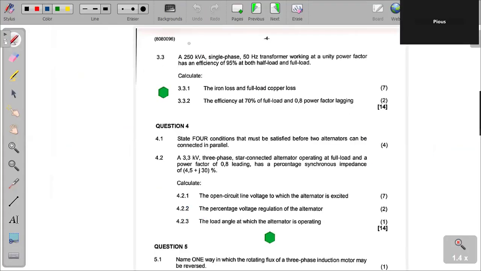Question 3.3 says a 250 kVA single phase 50 Hz transformer working at unity power factor has an efficiency of 95% at both half load and full load. Calculate the iron losses and the full load copper losses. Right. It might interest us to know that at any load,